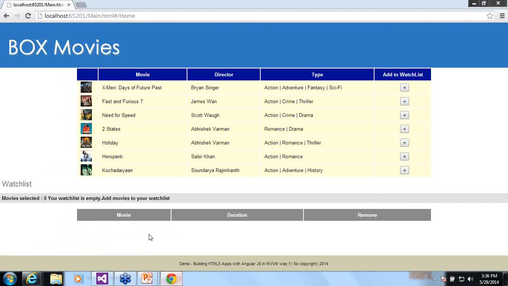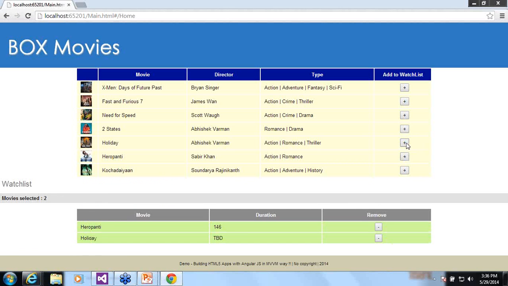Now there is a message which keeps on informing me whether my watch list is empty or not. How is it done? AngularJS provides a nice functionality called watch. So I want my scope to be notified when the collection changes, that is when the checked collection changes.